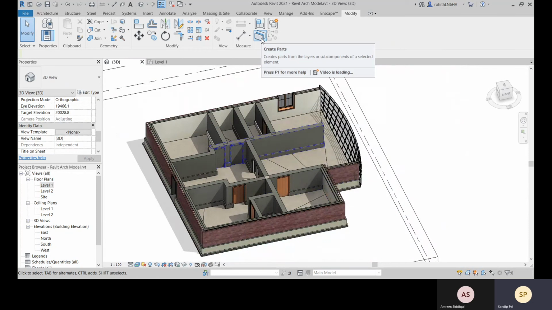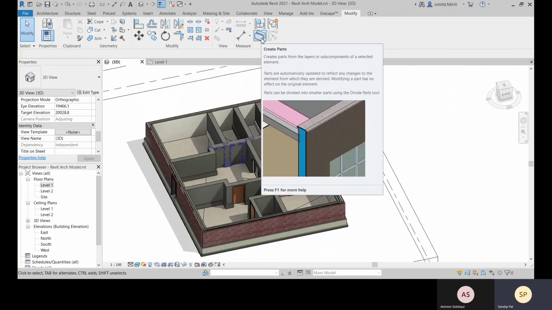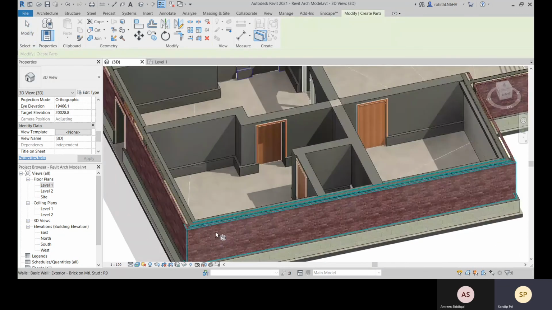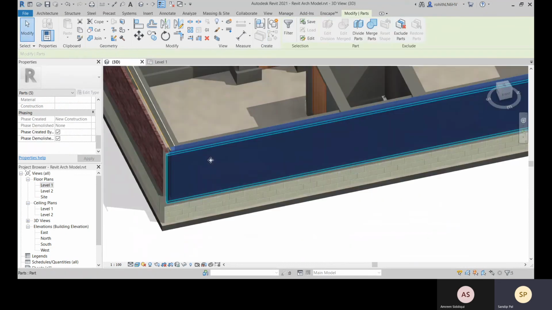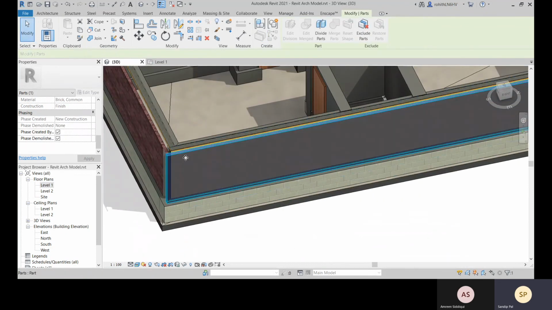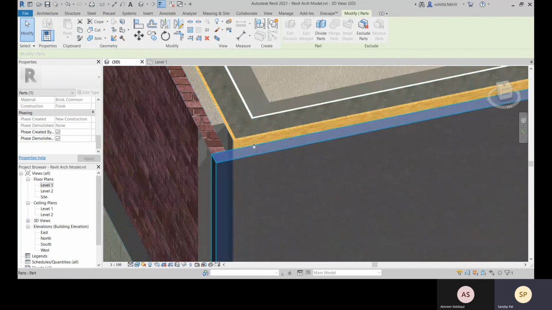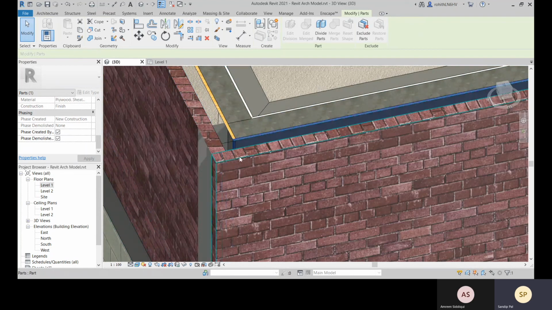And we have this Create Parts, so you can separate your wall layers. Okay, so if you select this, you can now select all the parts separately.